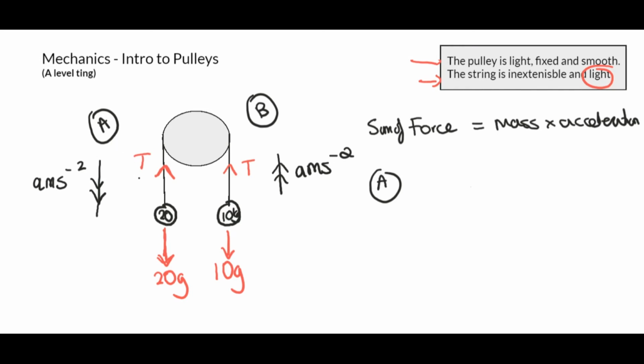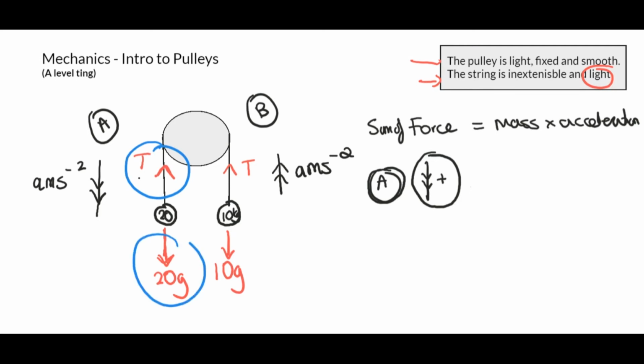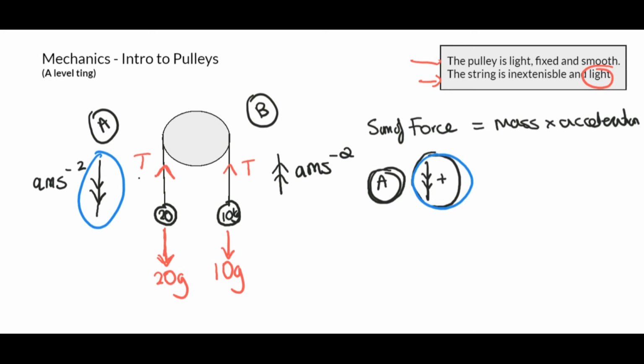So the first thing I'm going to do is for A, because obviously we're just looking at A right now, man's going to put down as positive, yeah? Because for A, down is going down, so down is positive. Cool. Once you do this, you do the sum of the forces. Now, there's only two forces acting on A. It's this thing here and this thing here. These are the only two forces, yeah? Now, the question is, which one's positive and which one's negative? How we discover that is, remember, we've said down is positive. Yeah, we've literally just said down is positive.